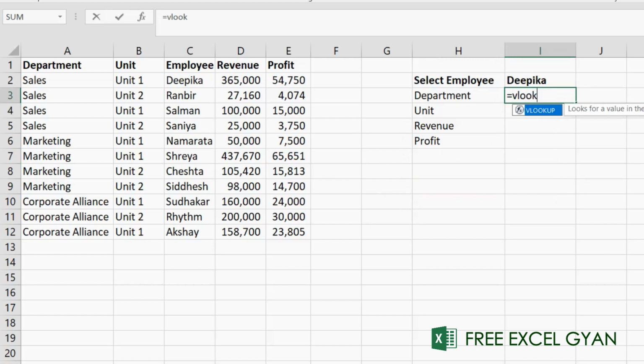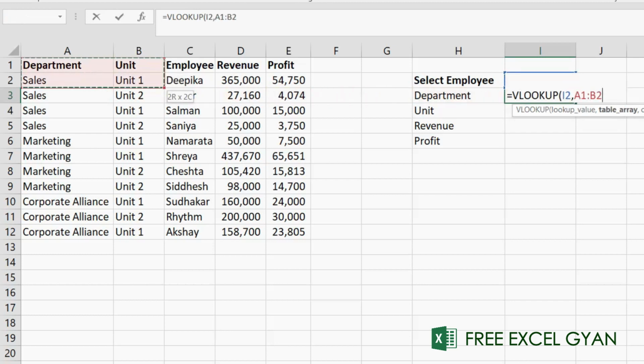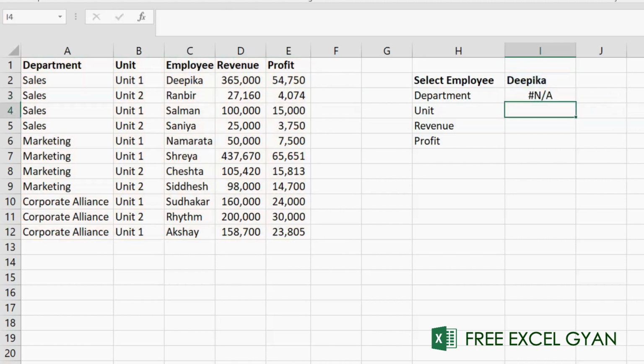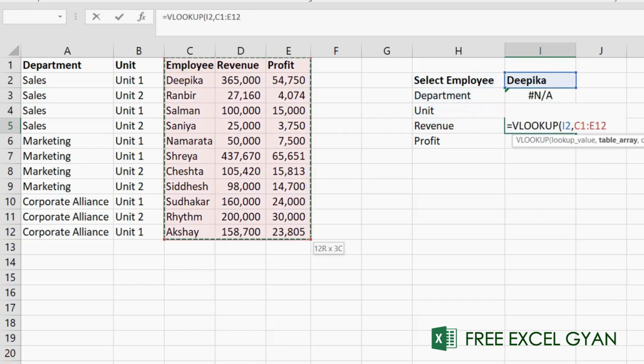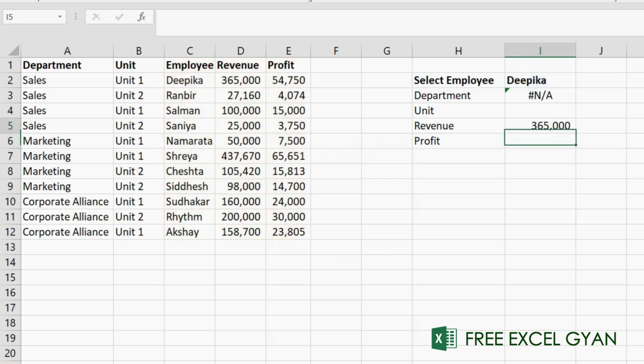As per the formula, I am taking the lookup value from I2 cell and selecting the range to find the output we need. But you can see it is giving me an error as VLOOKUP cannot find value backward. But if I try this formula to find the values in forward columns, then we can get our answers. Let me show you how. That is why we will be learning index match and we'll see is it really better than the VLOOKUP formula.